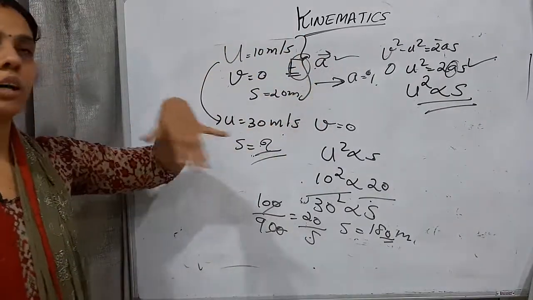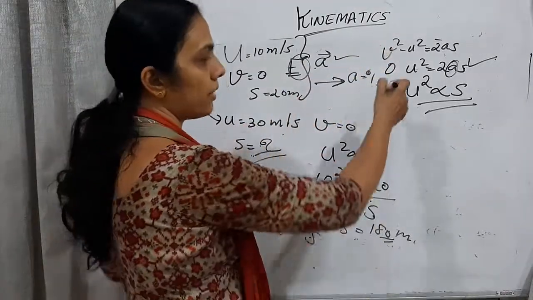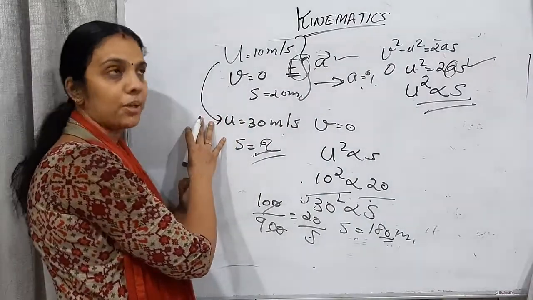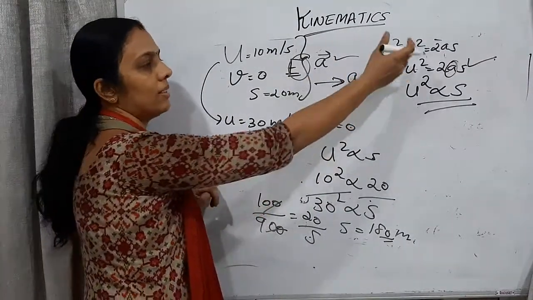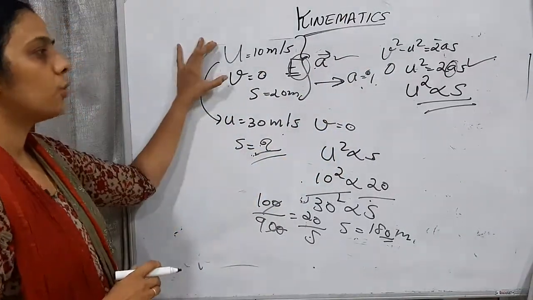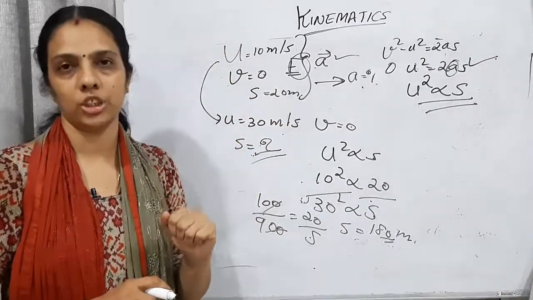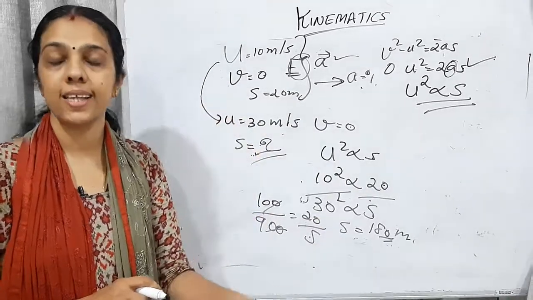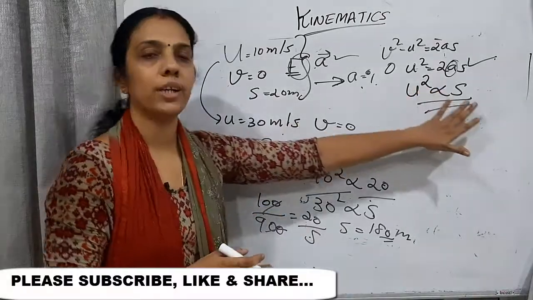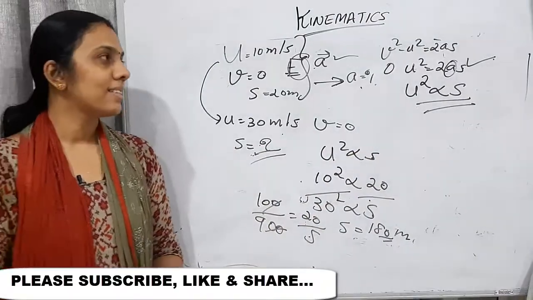In this question, if you are preparing for your board exams, then you should first find out the acceleration and then go for this. If you are a NEET aspirant or JEE aspirant, you can go for this kind, u square is proportional to displacement. That should come to your mind first itself. So if acceleration is the same and the body is retarding and coming to rest, and constant acceleration is acting in both the cases, then we can say that u square is proportional to s and find out the values. Clear? So these are some of the questions.